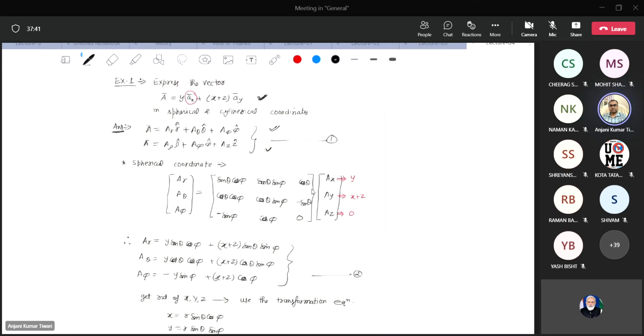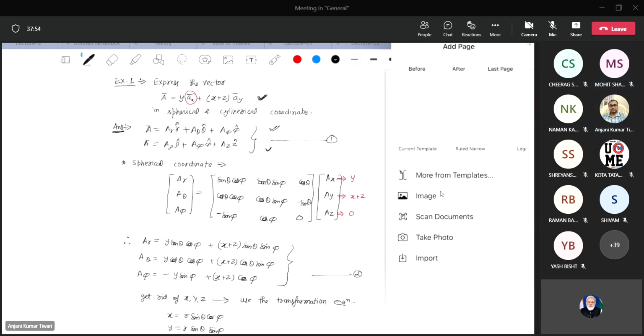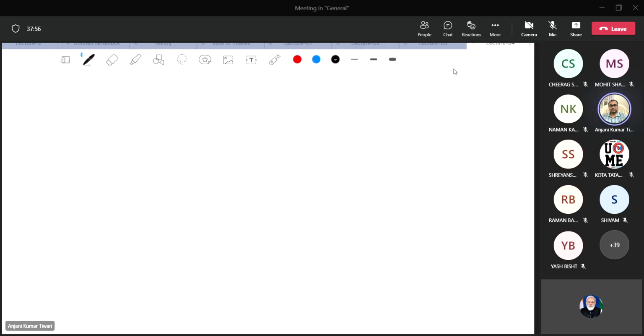Okay, so this is how we can transform a vector from Cartesian coordinate to, let's say, spherical coordinate. Now let us look at the transformation to the cylindrical coordinate. Okay, so let me just write it down. So here I wrote spherical coordinate, so this is